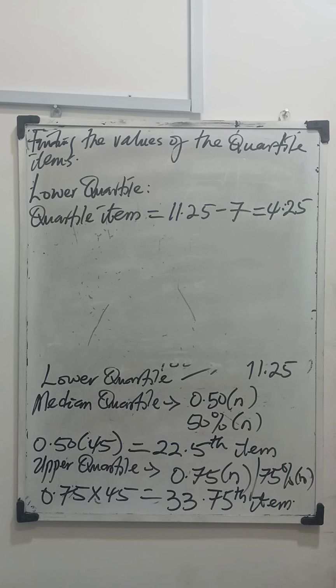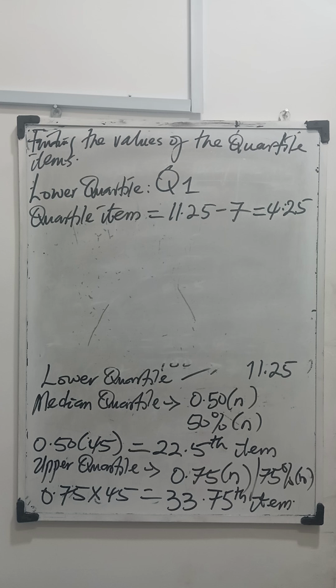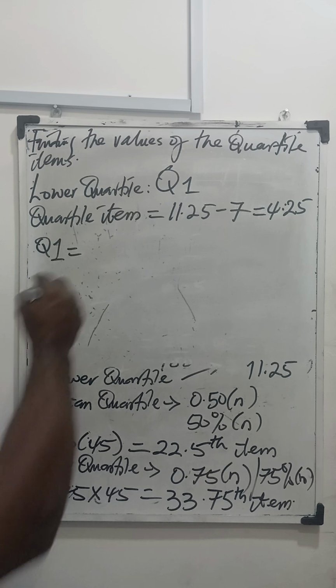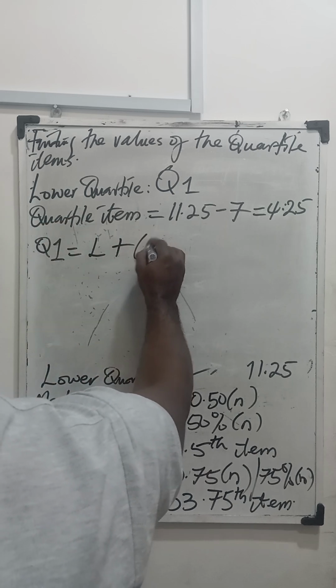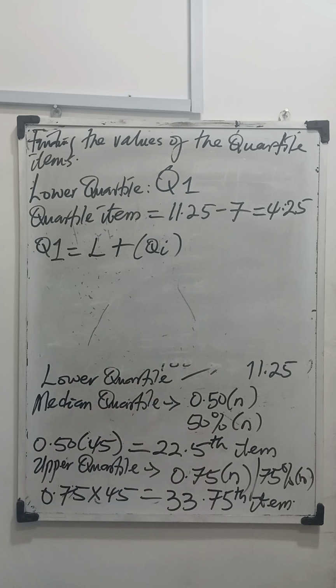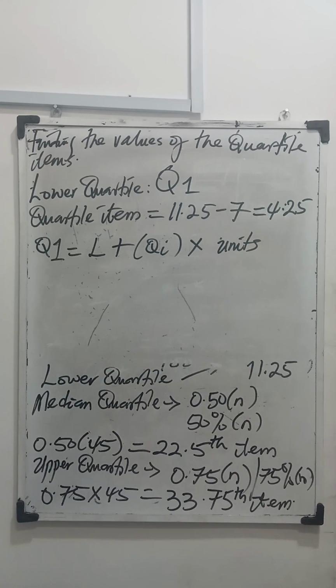So the formula for obtaining the value of the lower quartile. The lower quartile is denoted with Q1. So we can say Q1 is equal to the lower limit of the class interval, call that L, plus the value of the quartile item, which is what we have here now, times the number of units, divided by